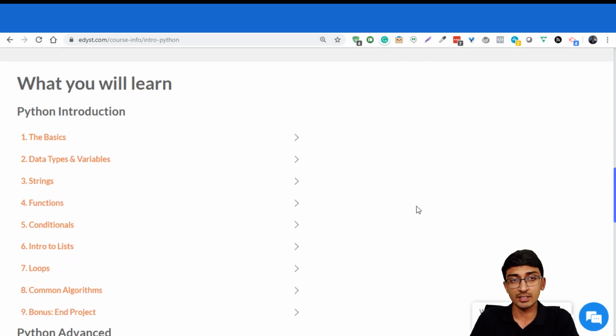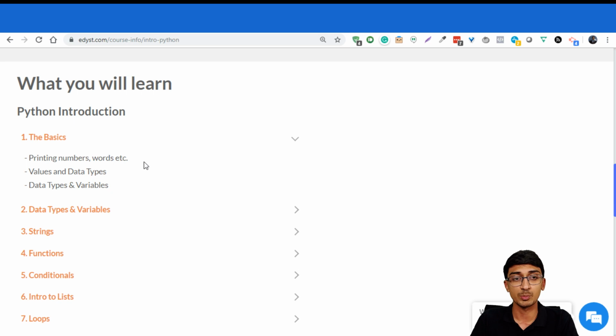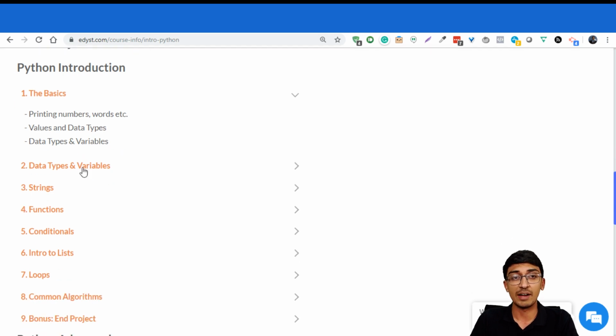part. The one thing I want to mention is we have approached this course as if you have zero programming knowledge. That is, you may not know even the ABC of programming. If that's the case, then learning Python from the start will be really helpful to you. For example, we'll start with the real basics, that is just printing numbers, words, values, data types, and so